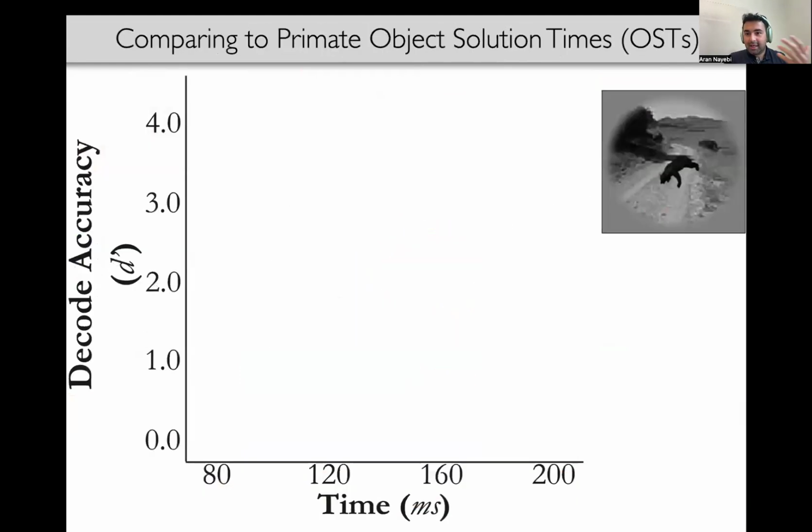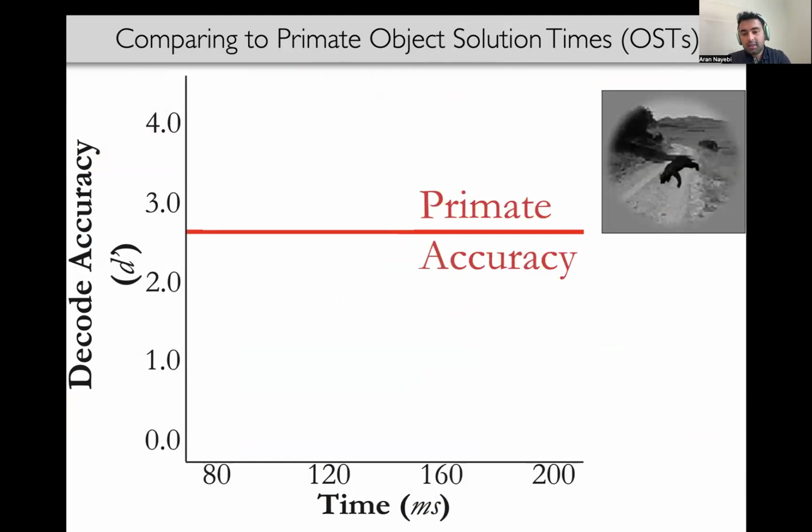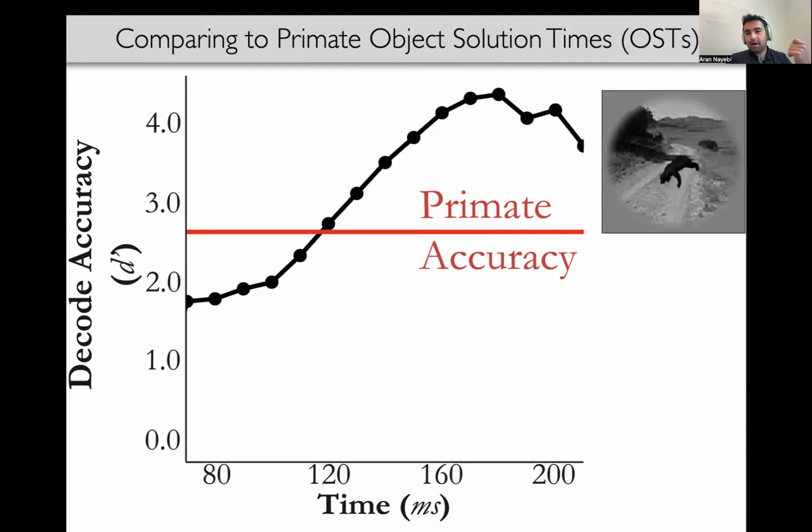Well, going back to now comparing to brain data, we look at the ability to decode images, like the primate object recognition does in the ventral visual stream. So for every image, we're going to look at the primate accuracy to decode this image correctly relative to any distractors. That's what the d-prime is indicating here. And we're going to look at the time course in IT when it first solves that image. In other words, the first time that decoding off of IT activity from the animal actually matches that primate accuracy